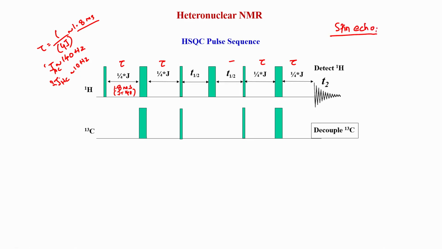Spin echo is basically any experiment like this: tau, 180, tau delay. So, if you apply a simple delay which is any value you want, this can be microseconds, milliseconds, seconds, and you apply a 180 degree pulse after that, then again you wait for the same amount of delay, this is called spin echo. So, what is the advantage of spin echo? It suppresses chemical shift evolution, or removes chemical shift evolution.